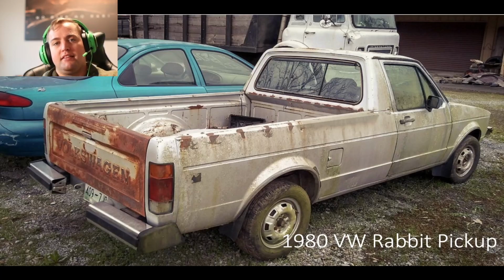I had a friend down in Georgia that was really into the older Volkswagens, and he had a beautiful red Volkswagen Rabbit pickup, and I had dreams and aspirations to kind of do the same thing. Pick one up, restore it, and call it a day. Well, I picked it up, kept it in storage for a while, never really got around to fixing it up, and then I got picked up to go to the academy. So I ended up selling it before I left,